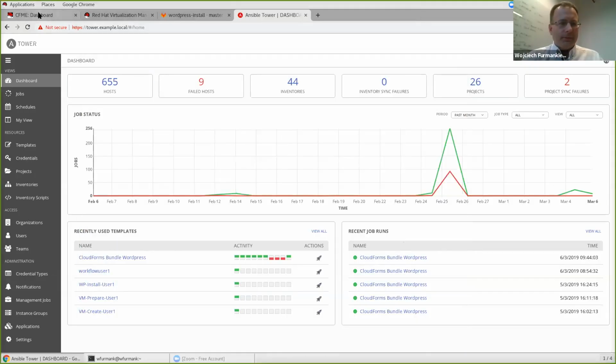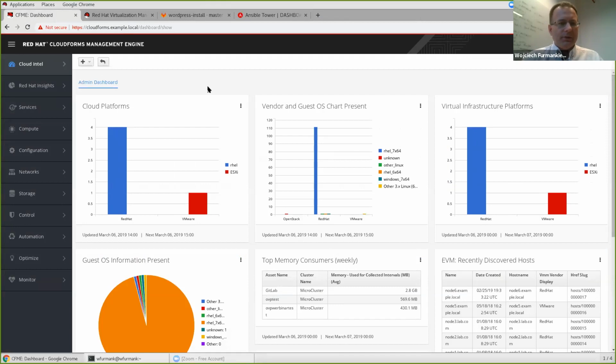So Wojciech, if I stop sharing, you will share your screen and show how to start this automation. Yes, I'll share my screen. Let's start with CloudForms. The demo will take a while, so I will just quickly show the user experience.